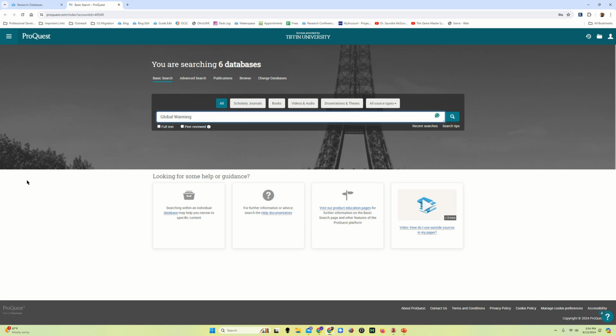Dissertation and Theses database. All right, so now that we're here in the ProQuest database, there are a few things to point out. Just like Dragon Quest, we have our basic search, we have our advanced search, we have something called publications instead of journals. This is a way that we can look at specific journals, specific publishers, where we already know where the material